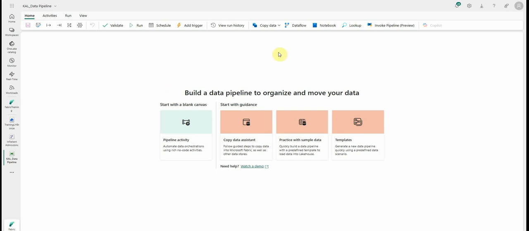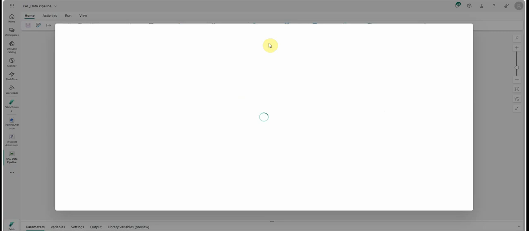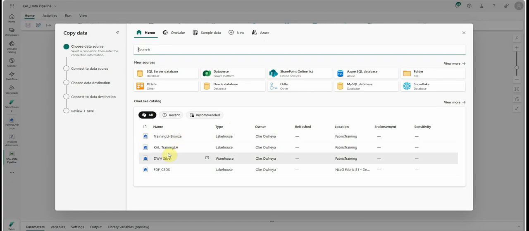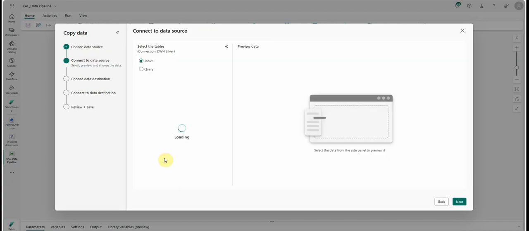But what I'd like to do is to use the copy assistant to move data or tables from a warehouse in Fabric. So I've got this here,